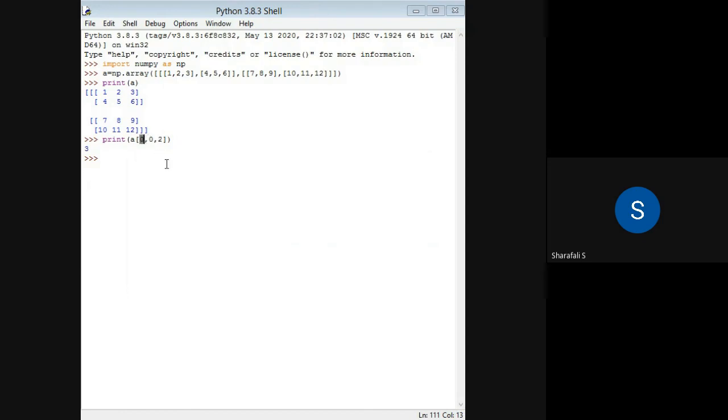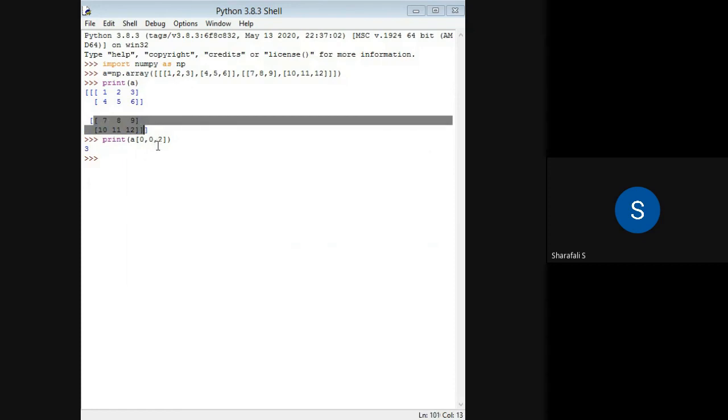So this 0 is representing the array index in that first dimension, or the z axis, if you consider it as into or out of the screen direction. So this 0 means the first two-dimensional array in this three-dimensional array. That is nothing but this one. This is my first two-dimensional array, and this is my second two-dimensional array, and so on.